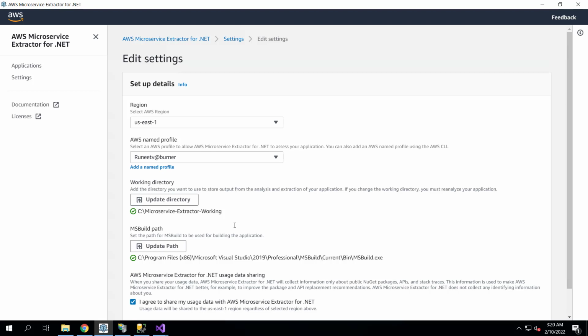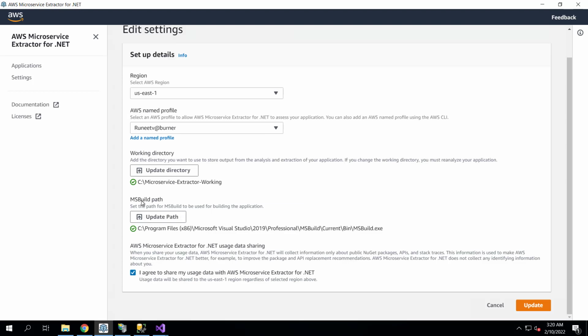It is recommended that you keep the path of the working directory short, because when Microservice Extractor for .NET is working on source code in this directory, it is going to use MSBuild to build the code. And there are some limitations. If the path of your working directory is really long, you can see some compilation issues as well.